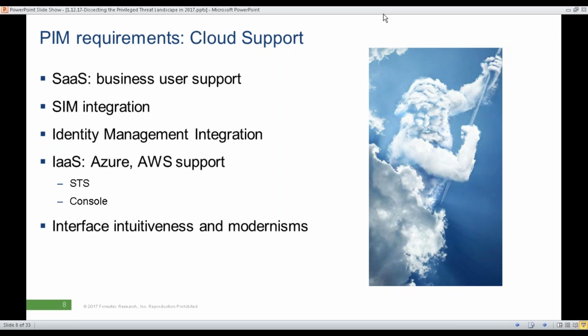Cloud support was a really interesting requirement, and again, the cloud is working towards reshaping a lot of aspects of privileged identity management, because in the past we had on-prem boxes, and the number of on-prem boxes and endpoints we had to manage was relatively stable, right? I mean, you power machines up and down, but in general the number of production systems stays constant, right? You don't have too much fluctuation of bringing up new boxes to meet demands. You had scaling, and you had a lot more capacity than you actually needed to be able to respond to spikes. And obviously privileged identity management, as well as other security and non-security disciplines,